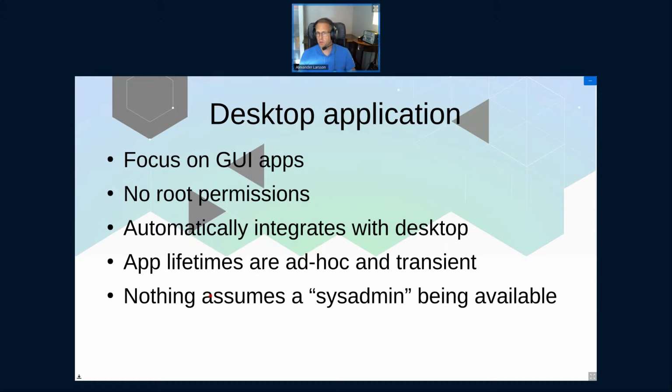It is focusing on desktop applications, and by that I mean it focuses on running in a graphical desktop, running graphical applications. It's quite possible to run command line apps too, although it's not super streamlined. But the focus is on UI stuff, and that leads to certain contexts of running things.